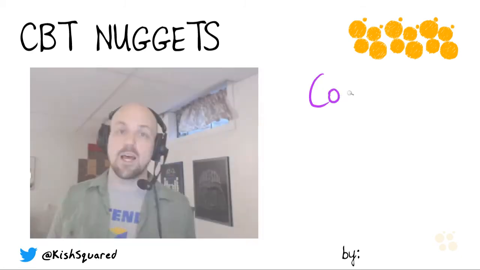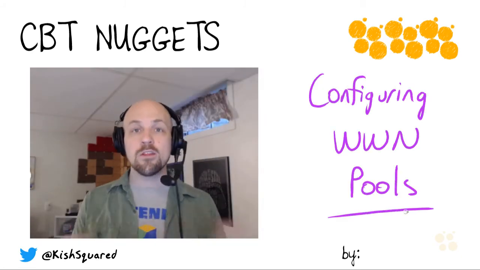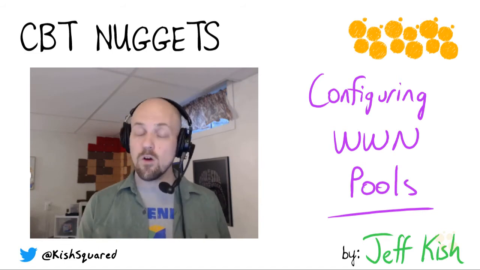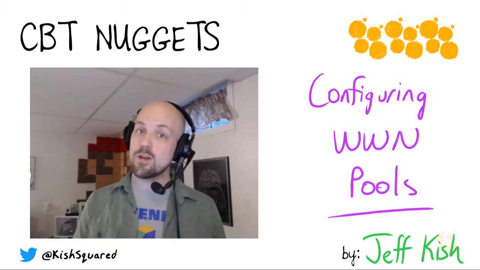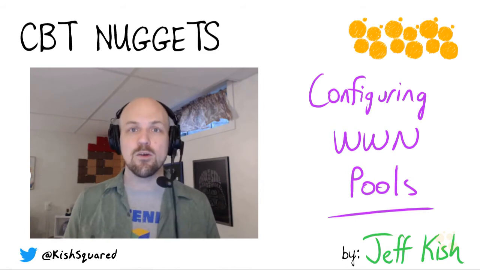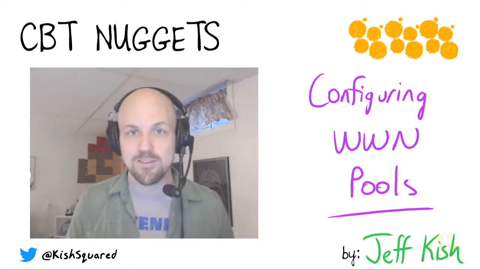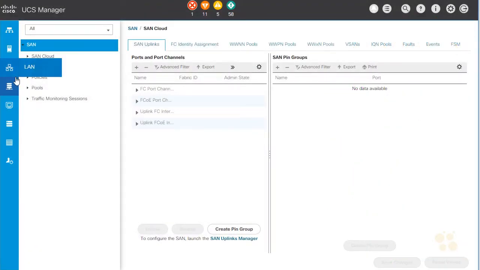UCS Manager uses a concept called resource pools to ensure that all the identity points within the system are unique, whether that's MAC addresses on the Ethernet side or, on the fiber channel side, worldwide node names and worldwide port names. In this nugget, we're going to unpack exactly how we configure the resource pools for those fiber channel identity points. On UCS Manager, we want to be on the SAN tab, and from there we'll click on Pools and